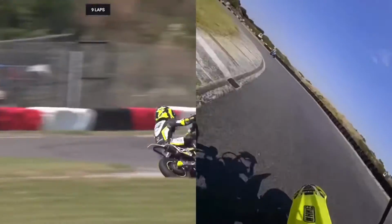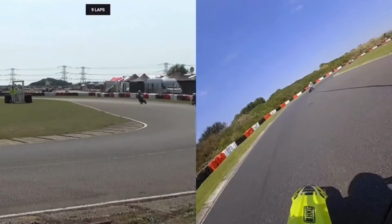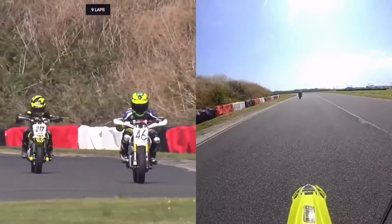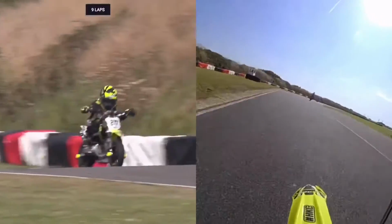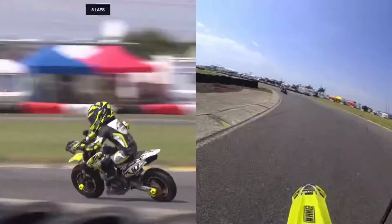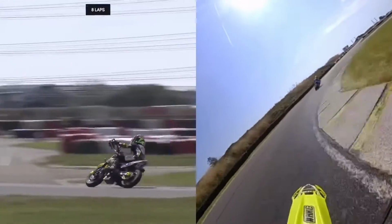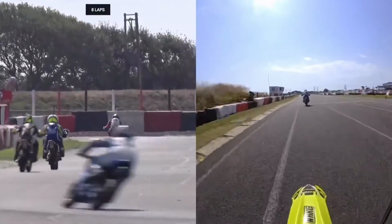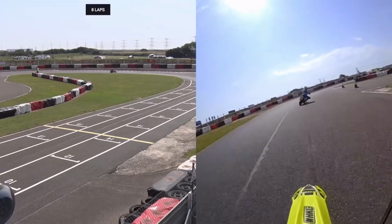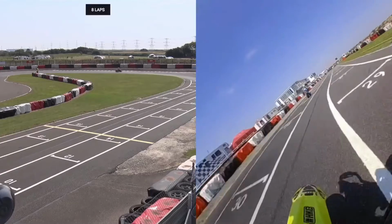Close midfield battle at the moment as he makes his way through the hairpin. This is one of the more technical parts of the track. It all gets very quick from here towards the top of the circuit. This is the furthest away from the start where we are now, and the 217 Hudson Cooper chasing Brook champion down the back straight into the long sweeping S's style of corners. It just goes right, left, right, real sweeper through here. Good line choice is very important for the riders as well as they get chucked back onto the straight in towards the final corner. Still Arnie Carr leading from Daniel Stevenson, and this battle, Jack Newton, Brook champion, and Hudson Cooper